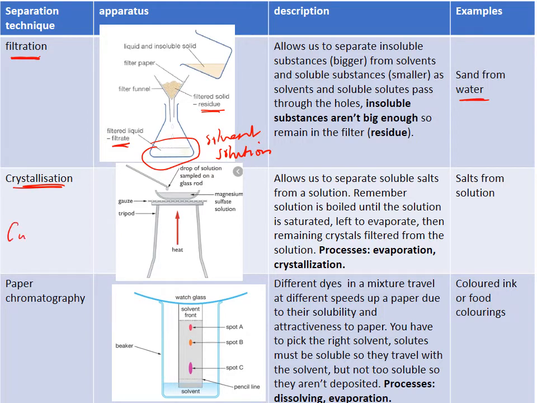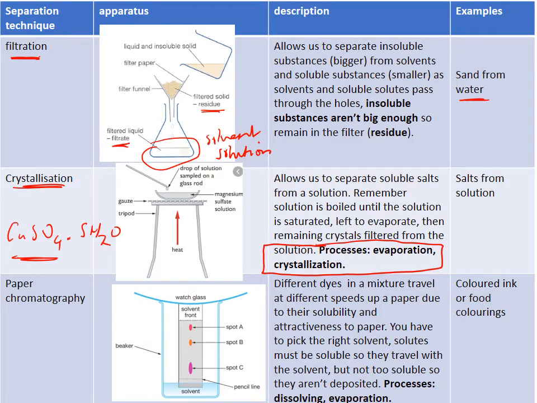And in GCSE you normally make copper sulfate crystals, which per copper sulfate molecule has 5 water molecules trapped in the crystal structure. So the processes that happen here are evaporation,